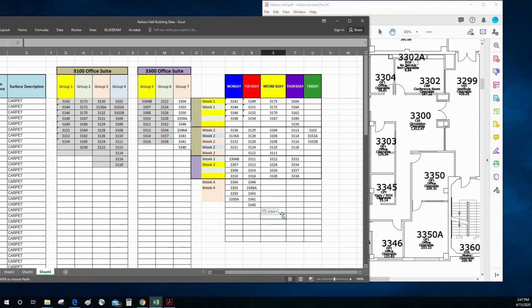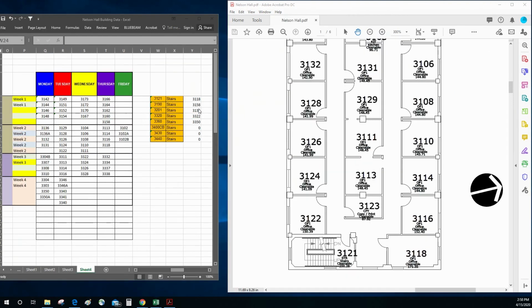Okay. So we have that. Now we still have a few extra days, but keeping those in blocks of those groups is going to be easier for the housekeeper to remember. I took the information from the different stairwells and I went ahead and correlated it to the closest office that we're cleaning. So some of these are easy, some of them are going to be a little bit more